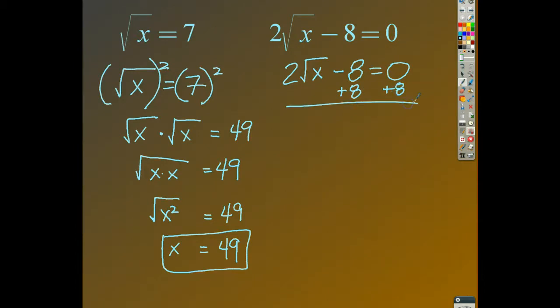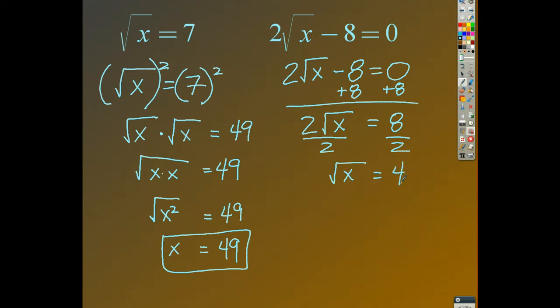Sometimes another way you'll hear people talk about this is you're trying to isolate the radical. You're trying to get this part by itself. Well, the next thing I'm going to do is, now I have 2 times the radical of x is equal to 8. So let's divide by 2. Divide this by 2. So I know that the square root of x is equal to